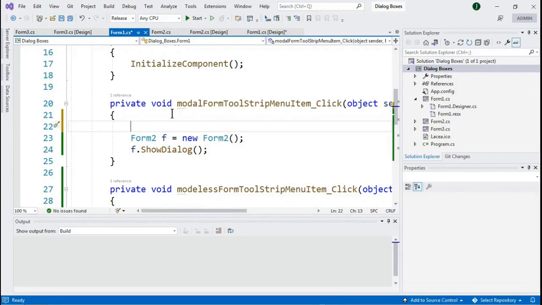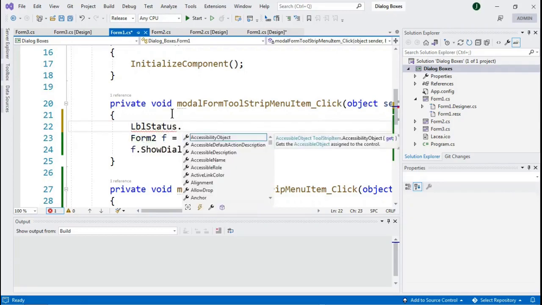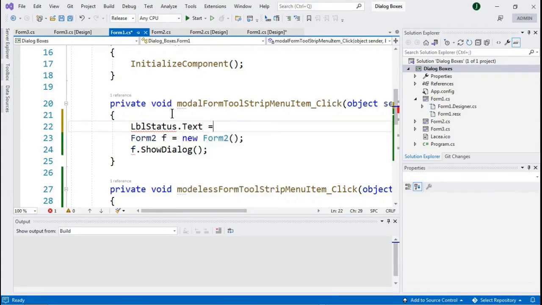I reference the name lblStatus because I changed the name of that label under the status strip or status bar, and then I will place a message which is modal